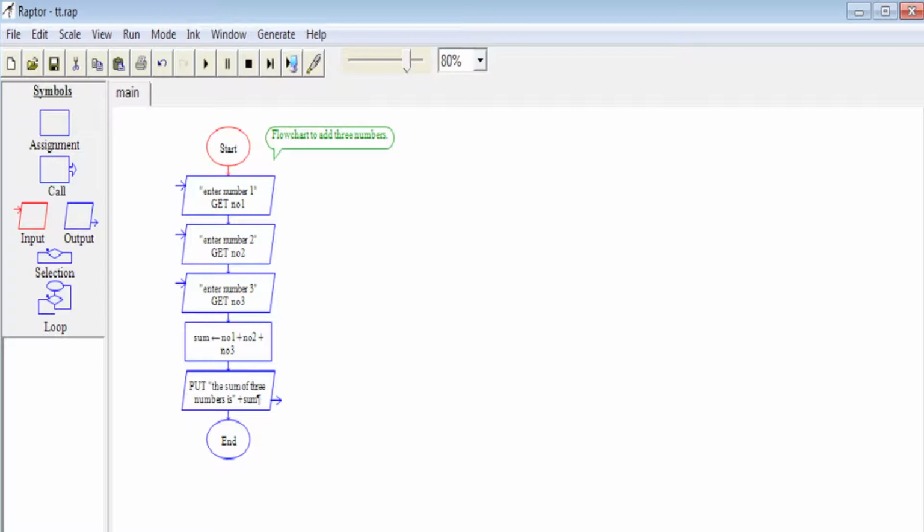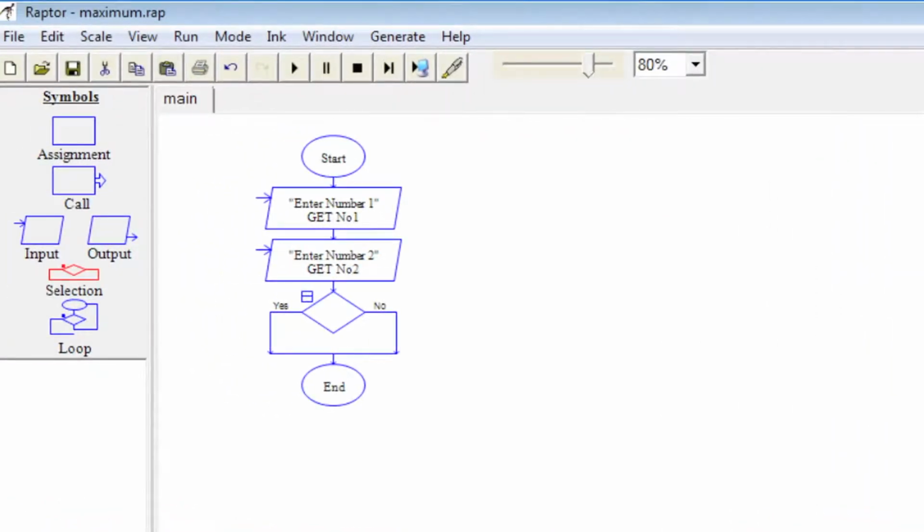So, the last thing you can do in this flowchart is adding comments. You can add a comment by right clicking on a symbol and choosing comment, and the enter comment dialog gets opened wherein you can type the comments. The comments are not executed but provide useful information about the flowchart. Adding comments will improve the understanding of the flowchart. What you are seeing now is the comment added to the flowchart we just now ran.